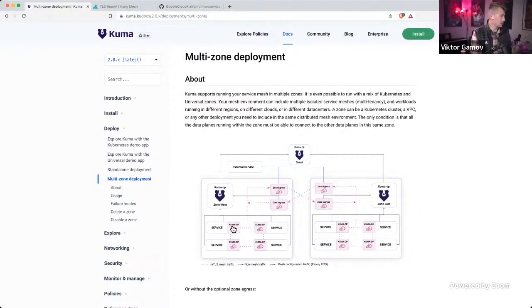Also, let me know if we're going to be doing any survey. Maybe some of you would be interested to learn more about multi-zone deployment. We can do a follow-up webinar, or I can say another thing, like a shameless plug,